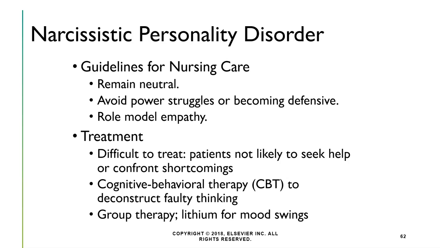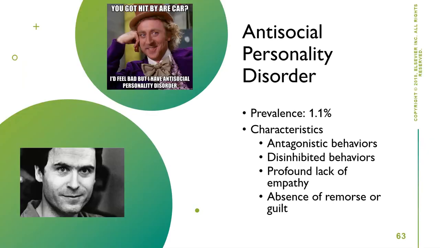The next one is one of my favorites, antisocial. We talked about this very briefly, and y'all are like, antisocial, they don't want to hang out with friends. Again, not what we're going to be thinking. Antisocial, a great example is Jeffrey Dahmer. These are serial killers, criminal misconduct, substance abuse, right?